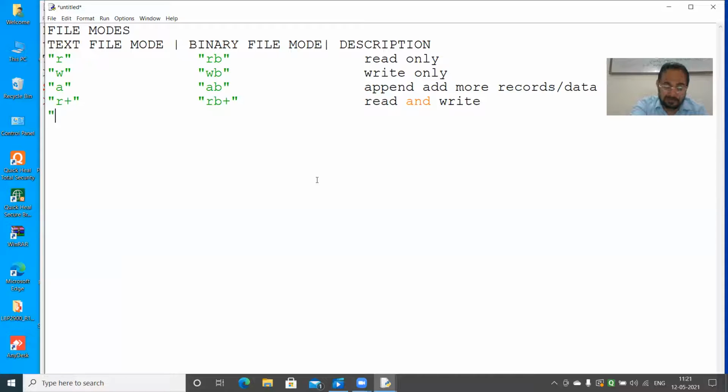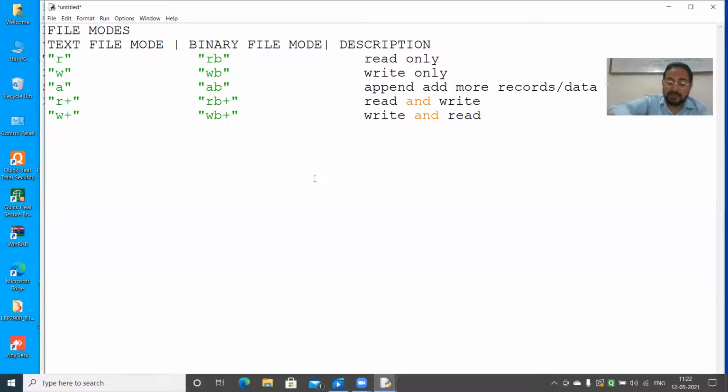Then we have W plus also, write and read. First one is read and write, and second is WB plus, write and read. First write, then read, and that one read first, then write. Okay.